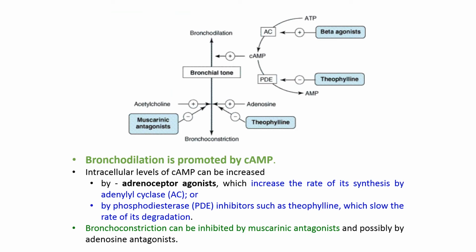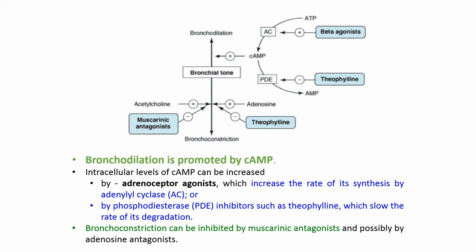As you can see, this particular picture depicts the action of bronchodilators. What I have told you is that increased cyclic AMP leads to bronchodilation. So this bronchodilation by beta 2 agonists is happening because of increased cyclic AMP. You can lead to bronchodilation by increasing the rate of synthesis of cyclic AMP, and the increased level of cyclic AMP happens with beta 2 agonistic drugs. The other way of increasing cyclic AMP is by inhibiting its rate of degradation, or its rate